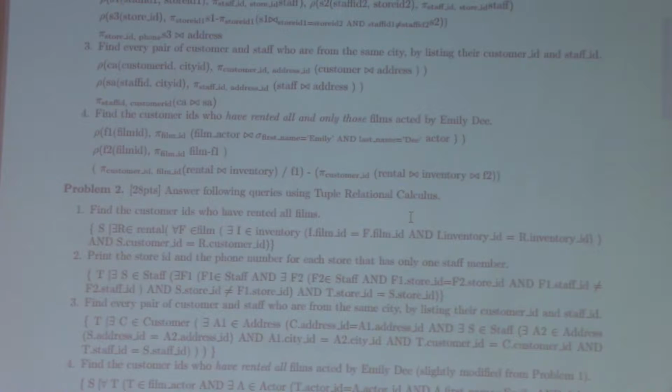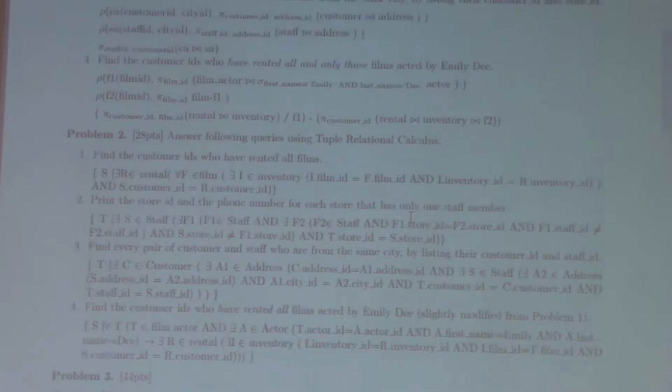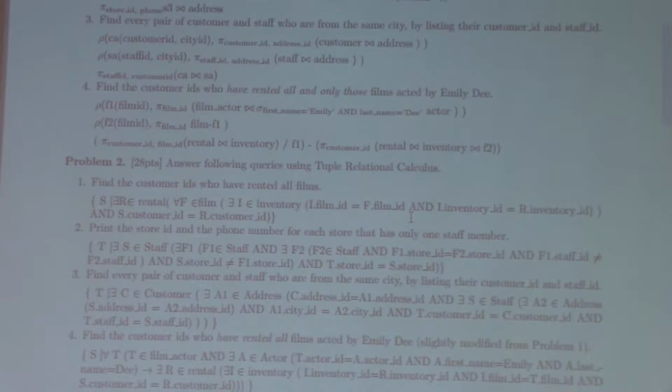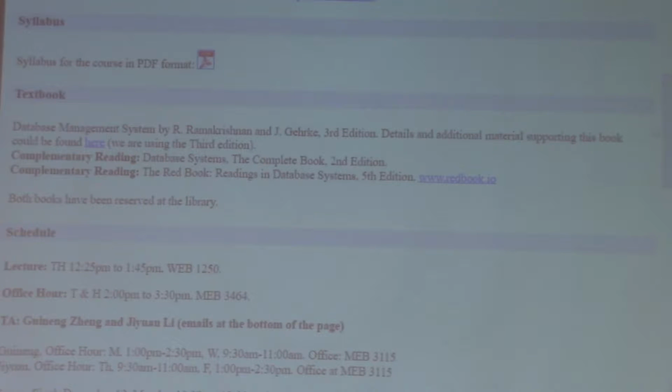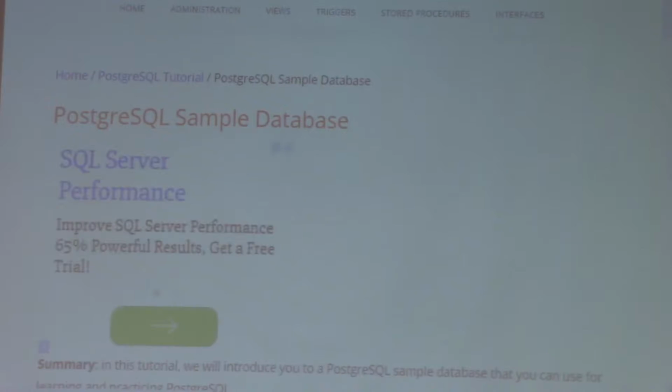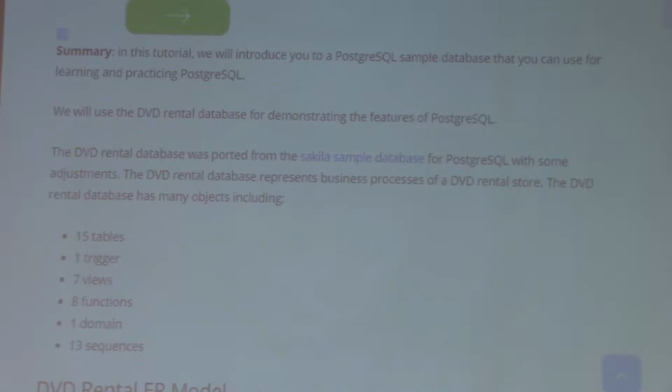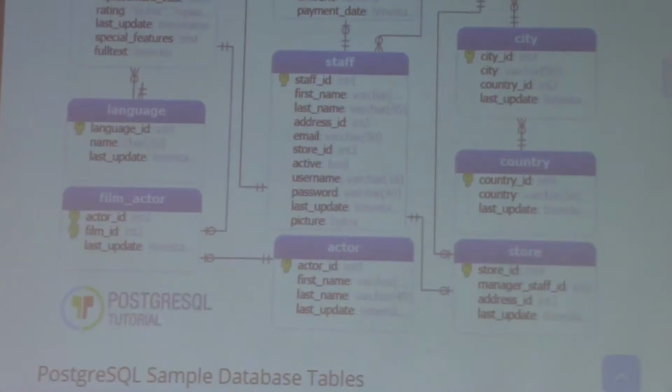Yeah. Now, number 2, you do not have aggregation operators, so you cannot count how many staff work for a particular store. But let me pull out the schema. By the way, you need to turn in your homework at the beginning of the lecture. Once I start going over the solution, I will refuse, for obvious reasons, to take any submissions. Okay. If you look at the schema here,